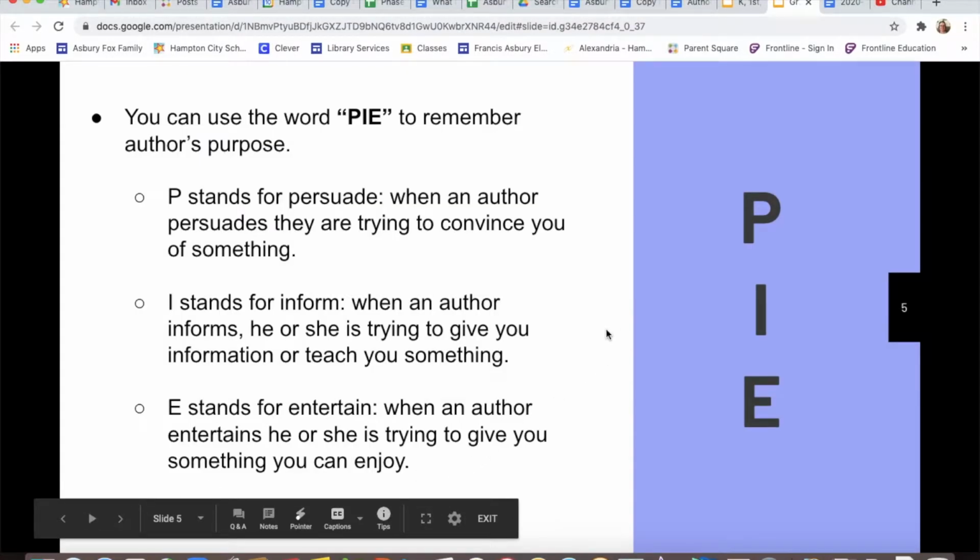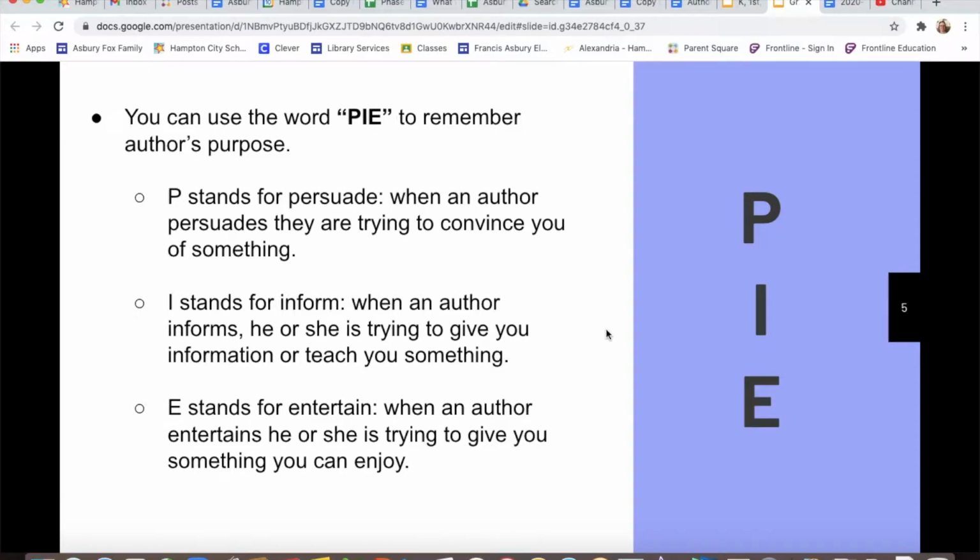Okay, here is a good way to remember this, and it's called the word PIE. PIE will help you remember the author's purpose. P stands for persuade. It's when an author persuades, they are trying to convince you of something. They might be trying to change your opinion about something, or convince you to do something or buy something. I stands for inform. When an author informs, he or she is trying to give you information or teach you something. And E stands for entertain. When an author entertains, he or she is trying to give you something you can enjoy, something that you will like to watch